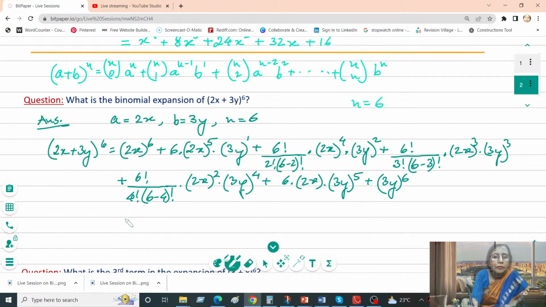Okay. So this should be equal to, 2 to the power of 6 is 64, so 64x to the power of 6 plus, for this we will be needing the calculator. 2 to the power of 5 is 32. Yeah, you may say that if we are using the calculator, then we can get these also using the calculator. Okay, fine, no problem. I'm not using the calculator. So 2 to the power of 5 is 32, and 32,